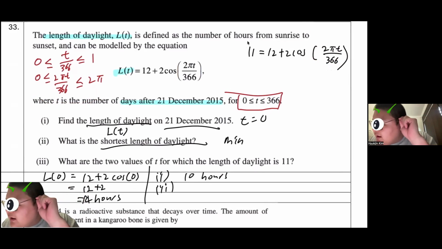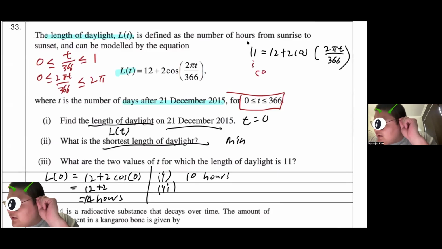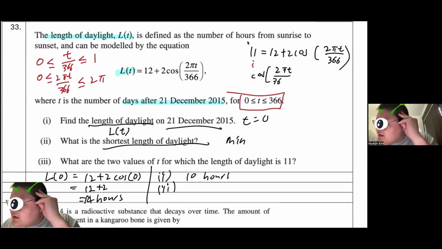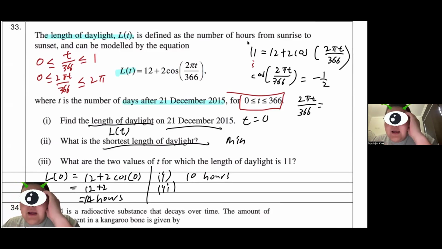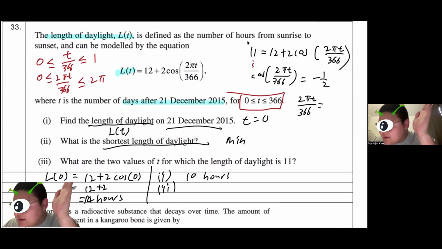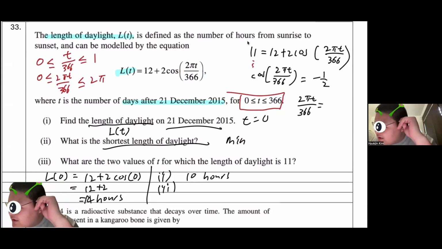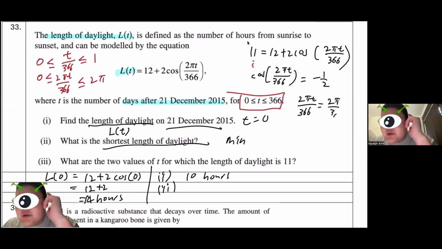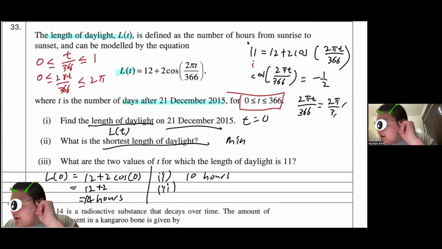And you solve it. I skipped a bit of the algebra. I'm going to skip it because I don't have space. I should have given you more space. Cos equals negative half. Now this means 2 pi t over 366 is pi on 6, pi on 3, but second and third quadrants, which is just 2 pi on 3, and then the fourth one, 4 pi on 3. Okay, now t equals